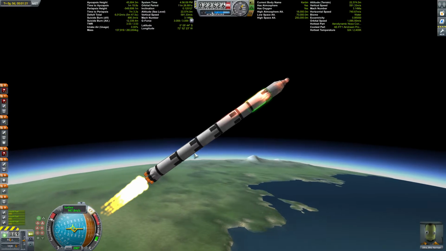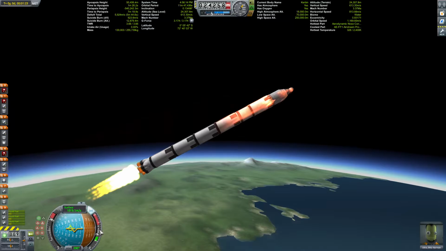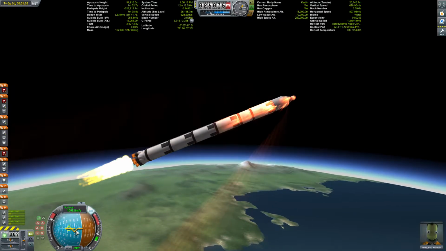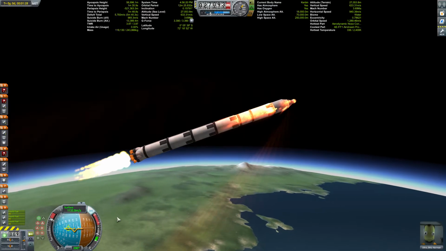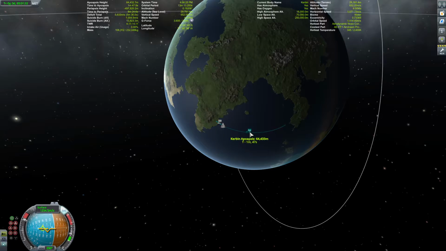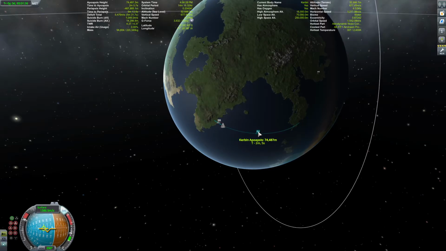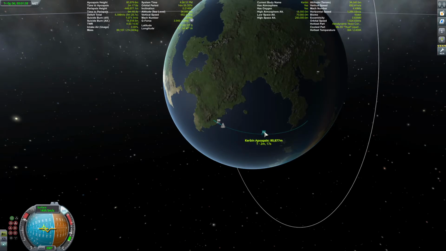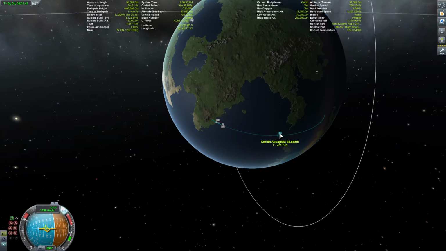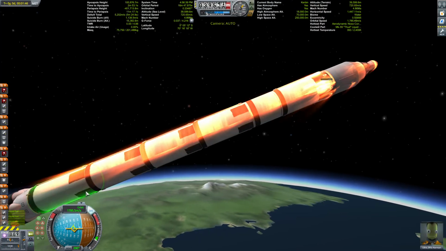And now we have aerodynamic forces acting upon us, which is when you want to start your gravity turn again, because that's a good signal that it's happening. And you just want to get to about here. And the goal is to get your rocket up to above 70 kilometers, which is out of the atmosphere. But we want it to be a little bit higher since we're going to slow down over time. So I'm going to cut it off. You can cut it off at 80 kilometers, but I'm going to cut it at about 100. So about there. And we're going to slowly decrease in speed.